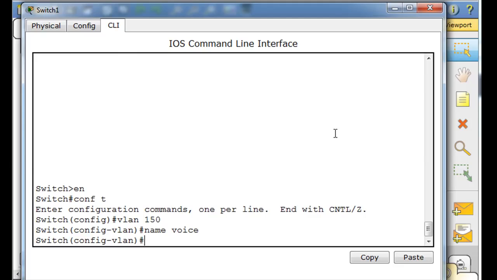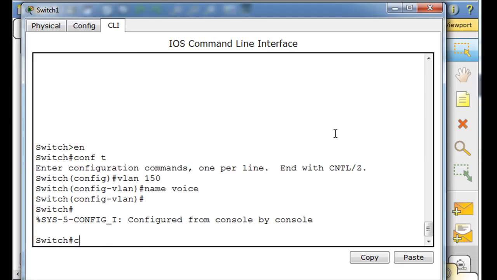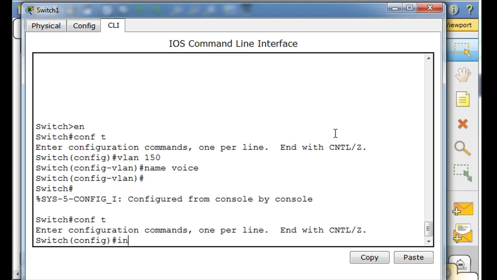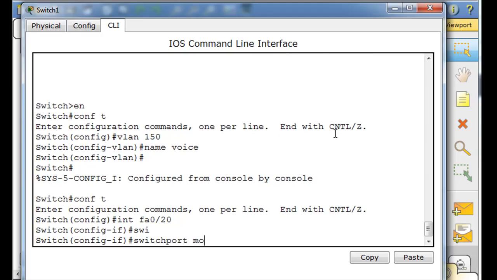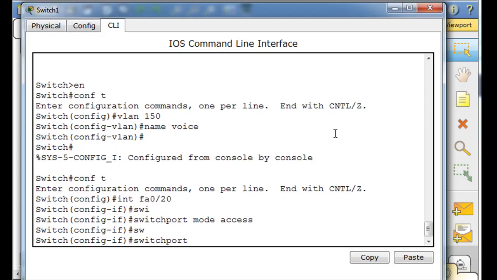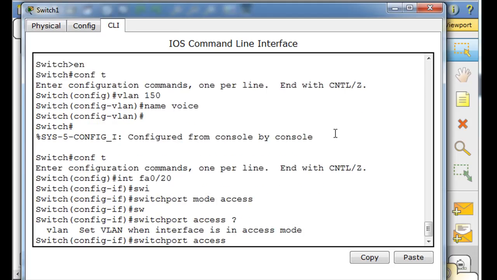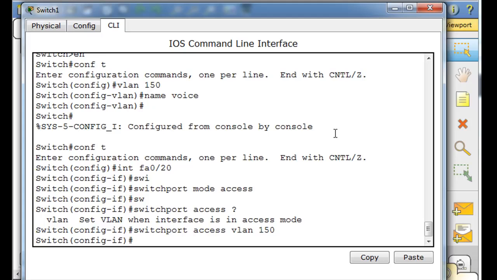Now port 20. Control C, conf t, interface FA0/20. Okay. Switchport mode access, switchport access VLAN 150. Okay, so now